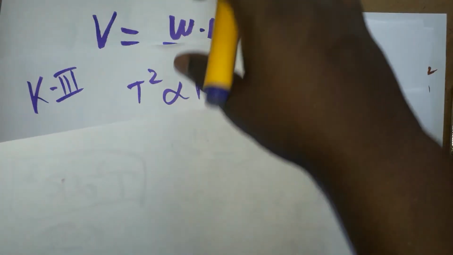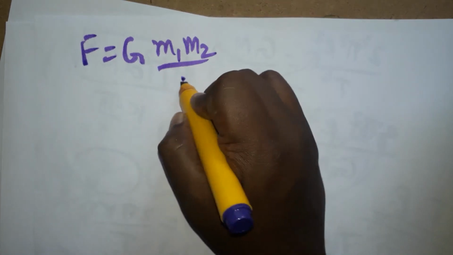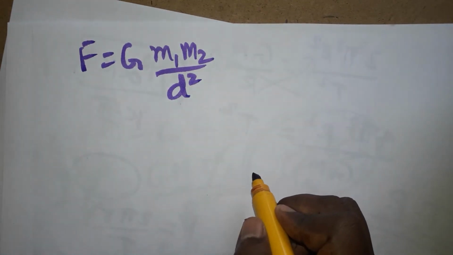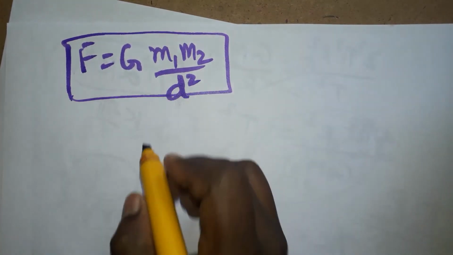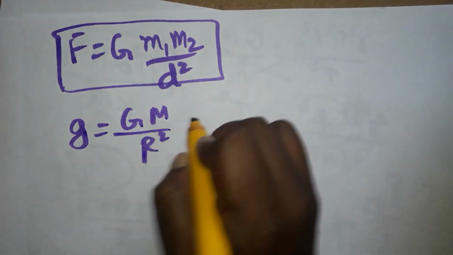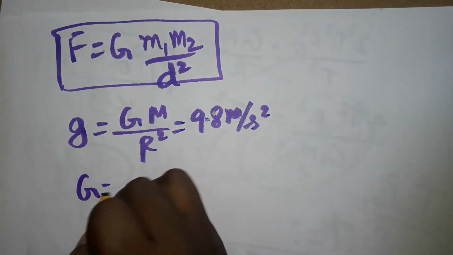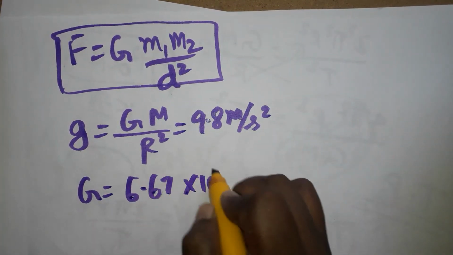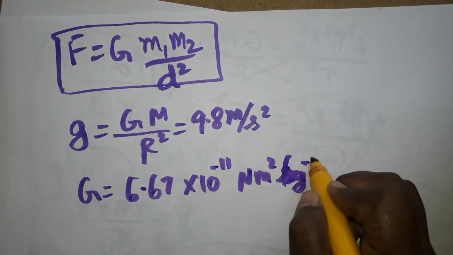Mostly we discussed all the formulas. As a final review, I'm going to give the formulas in gravitation. The first one, F is equal to G times m1 m2 divided by d square, otherwise r square, anything you can take, the distance between the two objects. Force we got. The next thing, small g is equal to GM divided by r square, acceleration due to gravity, which is 9.8 meter per second square. The other value, G is 6.67 into 10 power minus 11 Newton meter square per kg square.